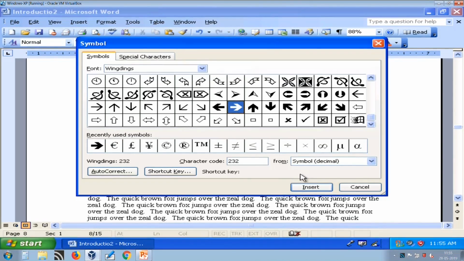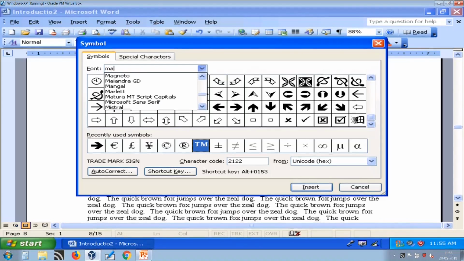So what you can do is use characters like pound, dollar, copyright, registered, trademark, less than or equal to, greater than or equal to, mu, alpha, infinity, multiply, division, etc. So here you find recently used symbols and from here you can change that.